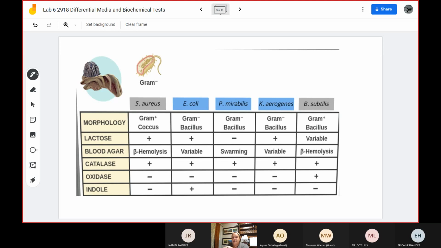Definitely listen through that at least once and really come up with a way that you're going to be able to remember what positive looks like, what negative looks like, what is in the media, and what it is telling us about these bacteria. I know it's a lot of information, but you guys are smart, and I have full confidence that you will be able to start working through this information. We're going to be using this throughout the next half of